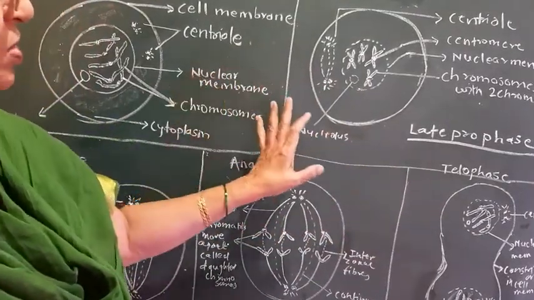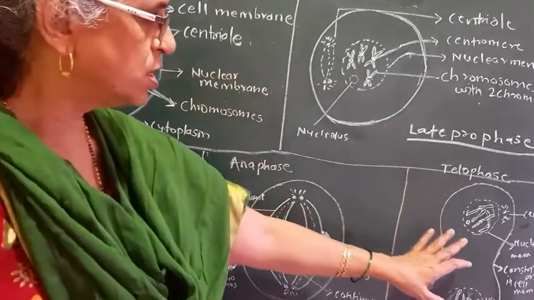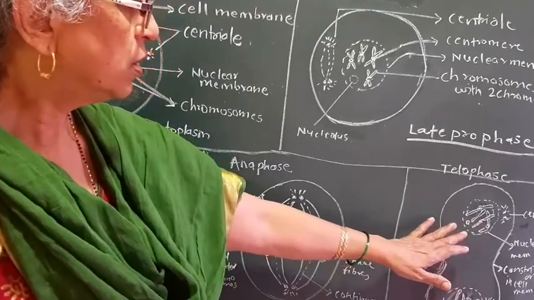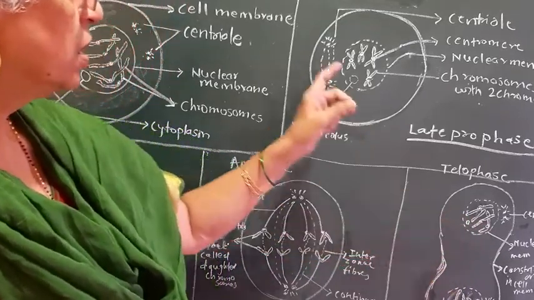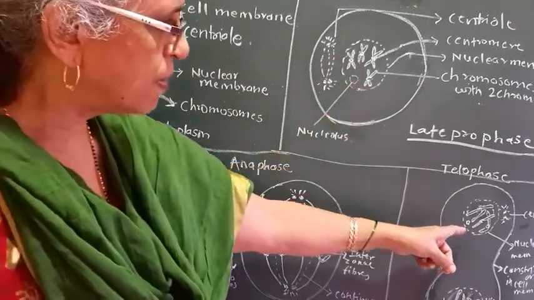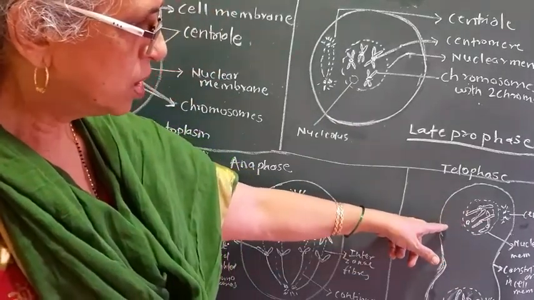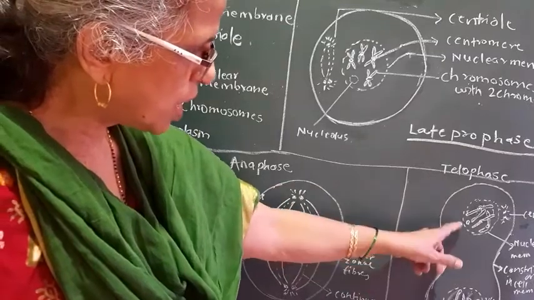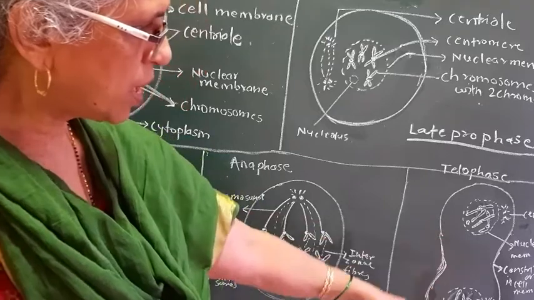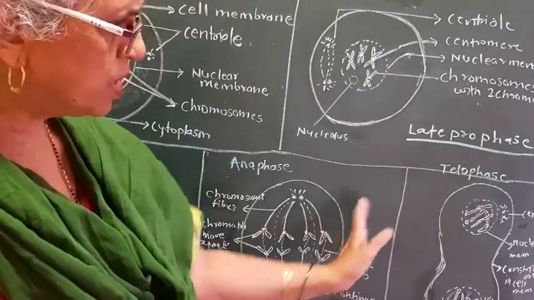In prophase we have seen condensation of chromosomes, shortening and thickening of chromosomes. Here we have seen decondensation of chromosomes. They appear to be long, thin, invisible. Then there we have seen disappearance of the nucleolus and nuclear membrane. Here again there is appearance of the nucleolus and nuclear membrane for each set of chromosomes, and thus two new nuclei are formed in this nuclear division. From one nucleus, two nuclei are formed in telophase, and the spindle fiber disappears.